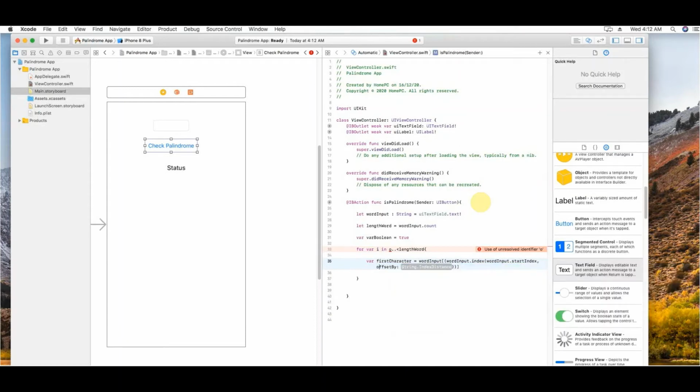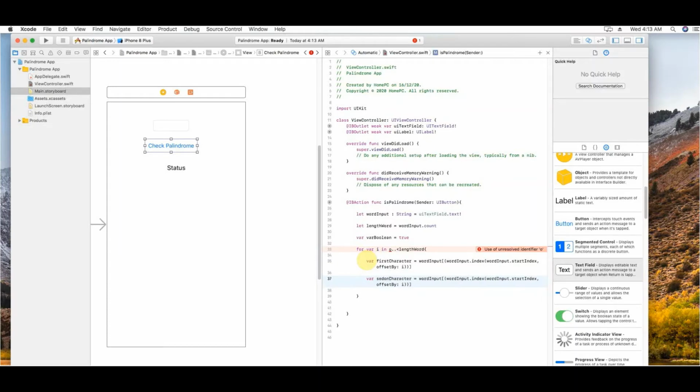Yes. And then the offset will be whatever the i is that we have chosen above. Similarly, we will do it for the second character with which we will be comparing. For that, I'll just copy this with Control C and paste it over here. And I'll change the name to second character.